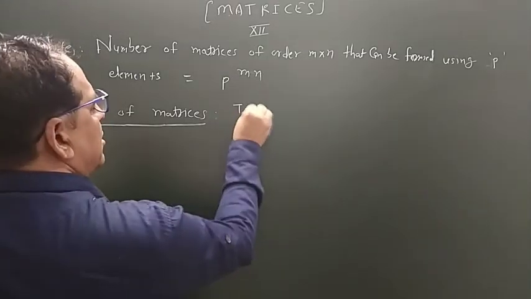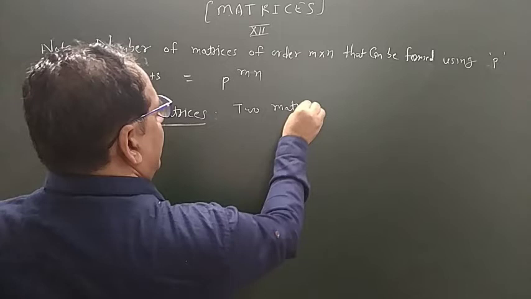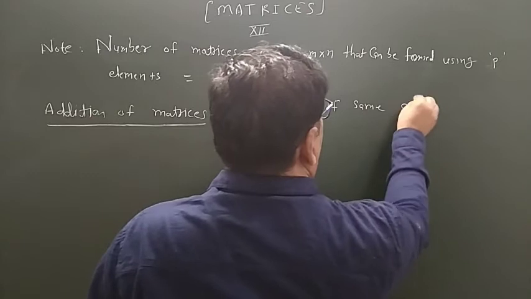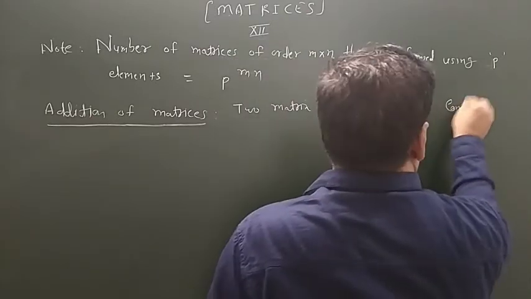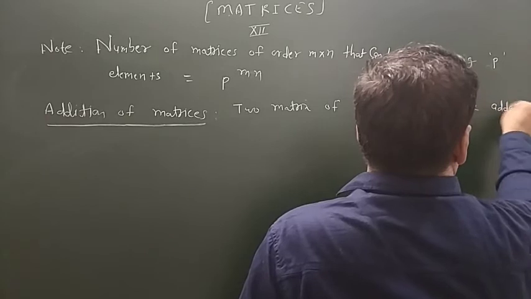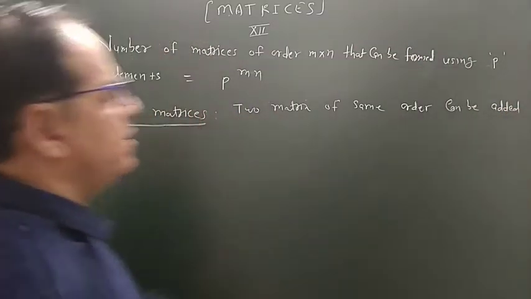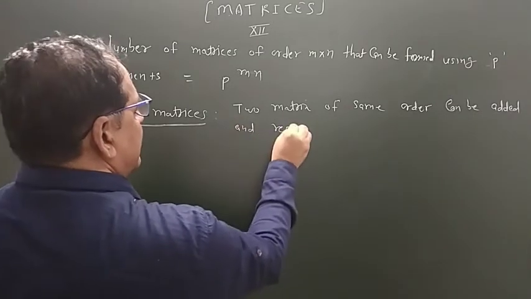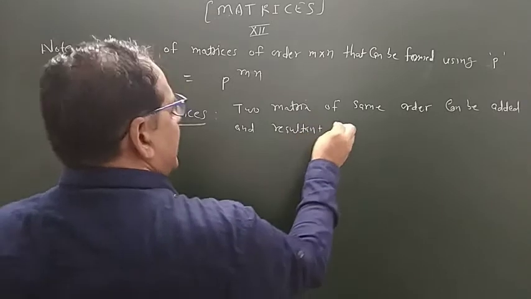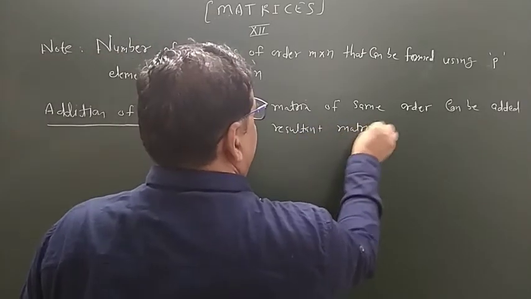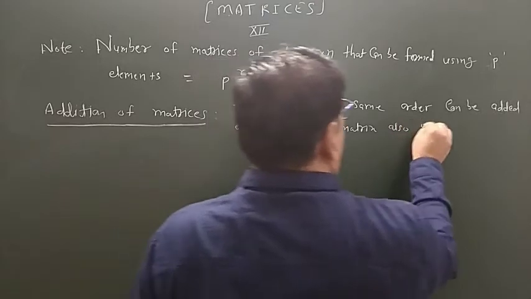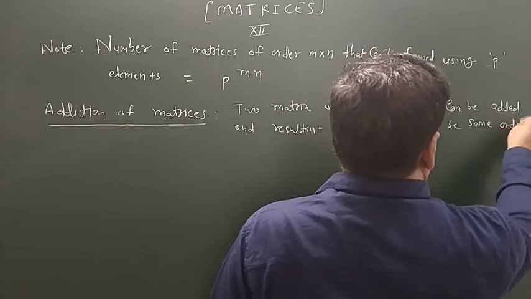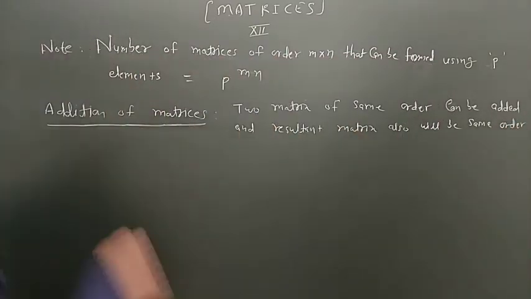Two matrices of the same order can be added, and the resultant matrix also will be of the same order. For example,